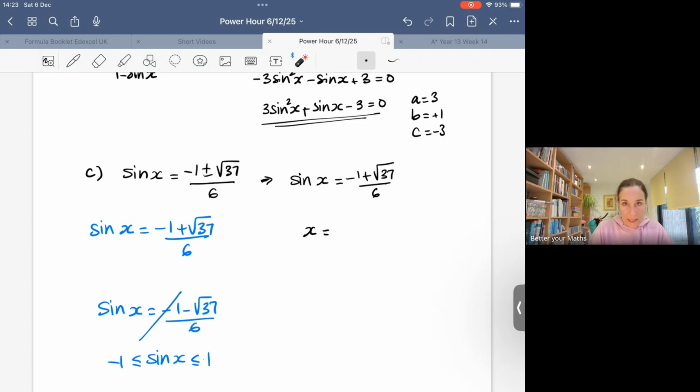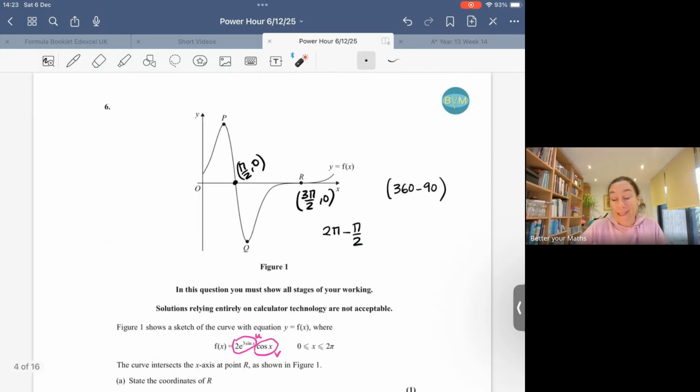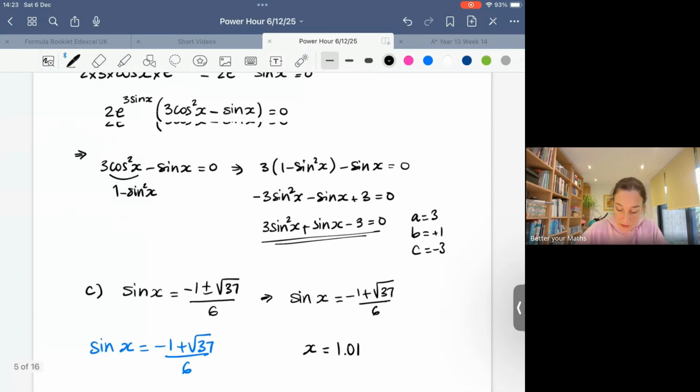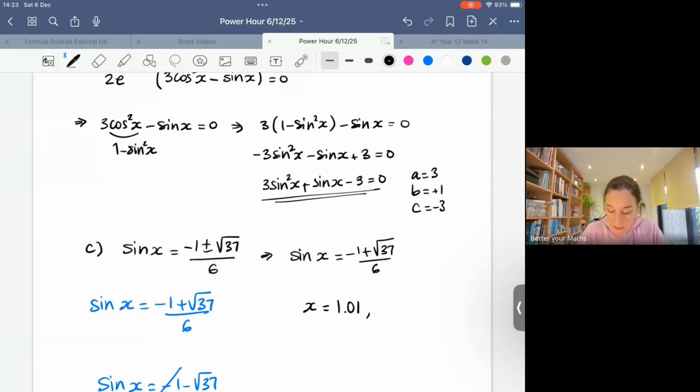So this one, I ignore it. I keep the positive only. The first solution is 1.001, and that's corresponding to this point. The next solution is the one that corresponds to Q. And the next solution, because I'm working with sine, is going to be the symmetrical in the vertical axis. So it's going to be pi minus that,